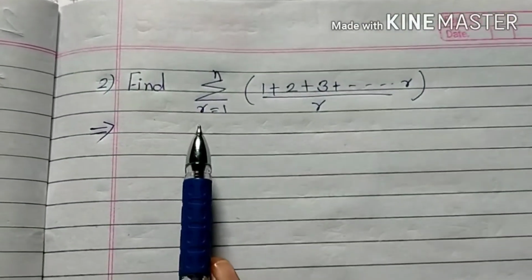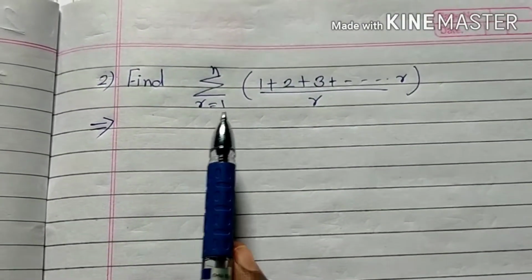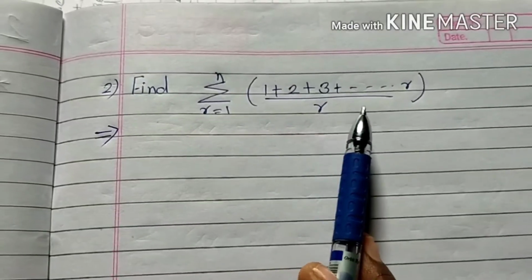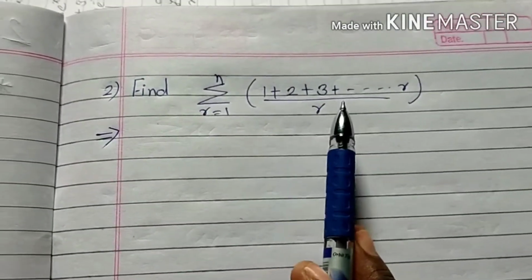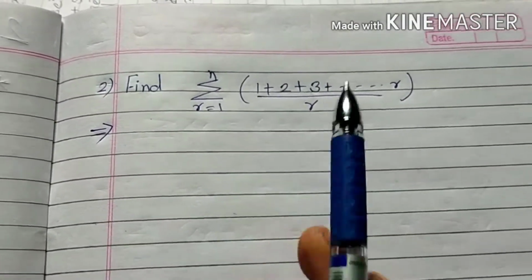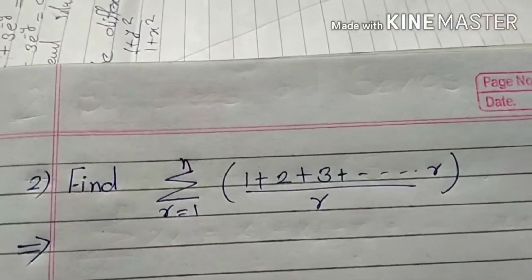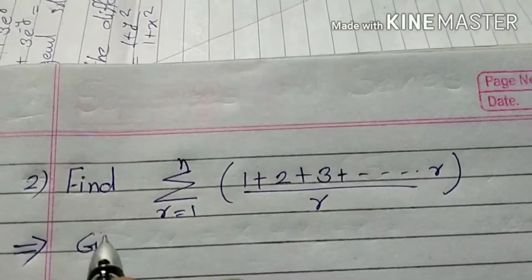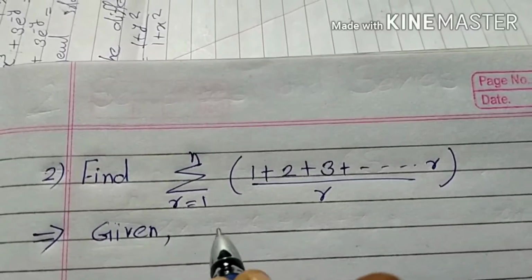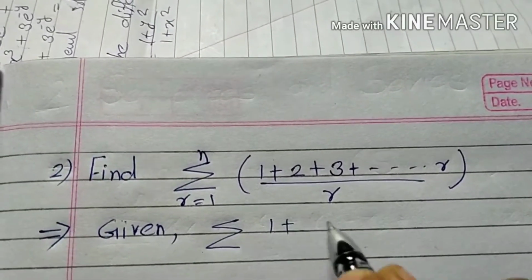Now next example, find the summation of (1 plus 2 plus 3 plus and so on up to r) divided by r, where r runs from 1 to n. So write first what is given. Summation of 1 plus 2 plus